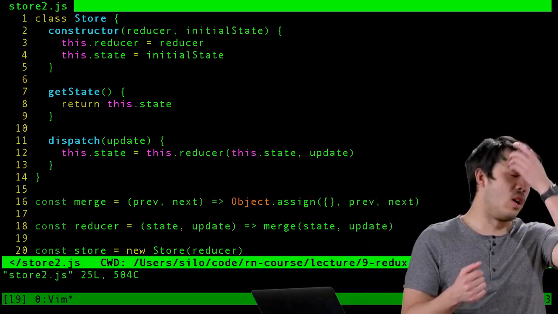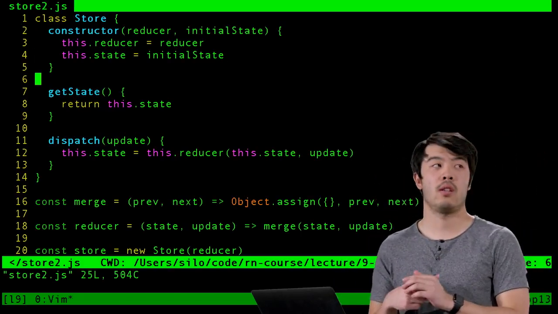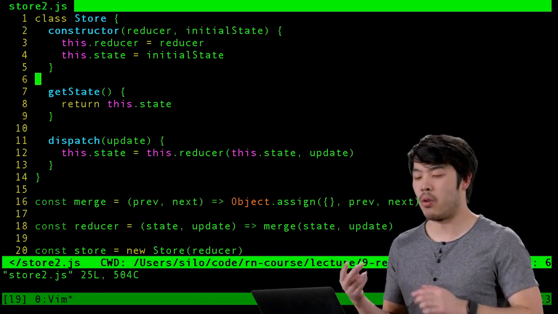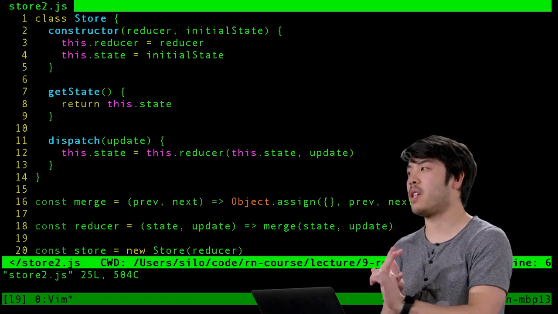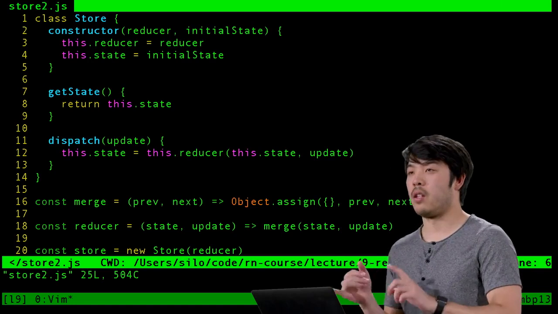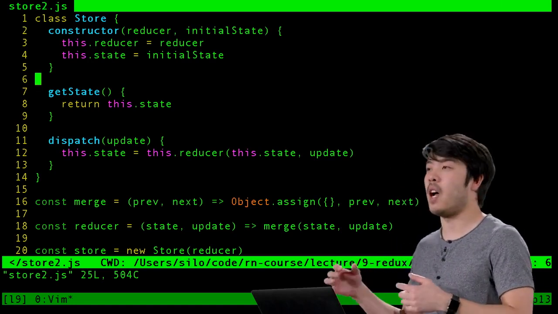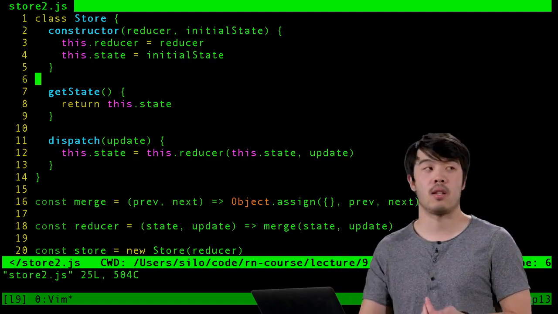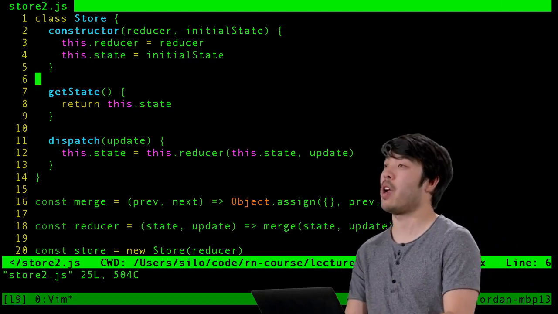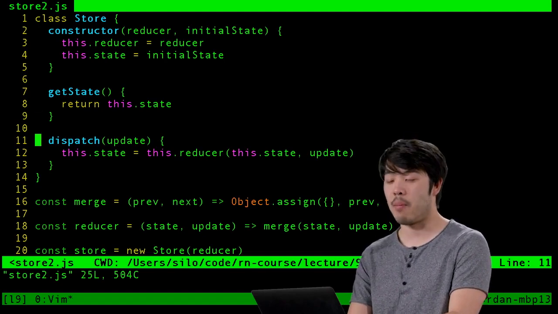So currently our store takes a reducer and an initial state. It stores those things. It gives us this thing called getState, which returns our state, and gives us a method called dispatch, which applies any updates that we pass it to our state. And so we don't have to change anything there for the context of our contacts app,